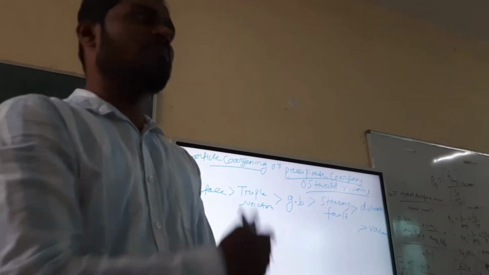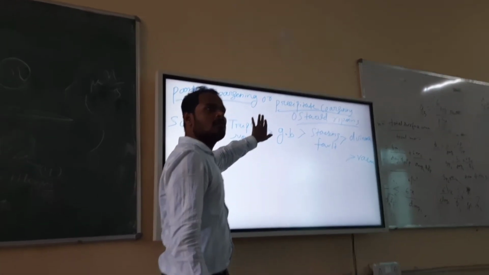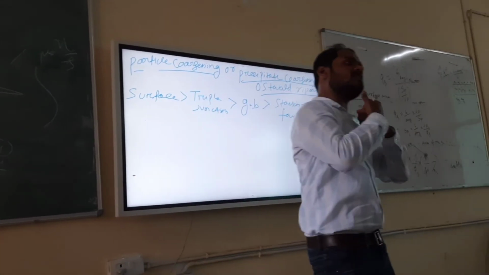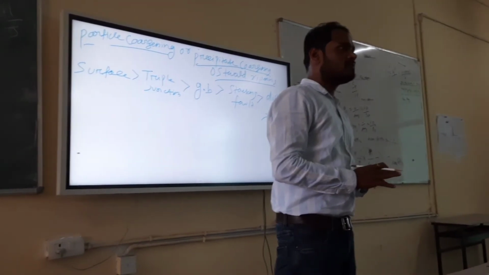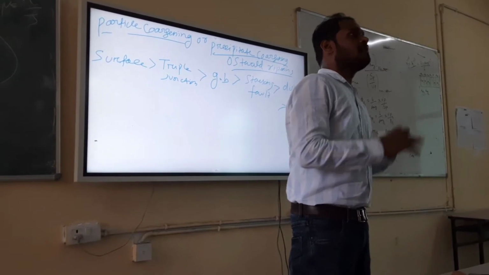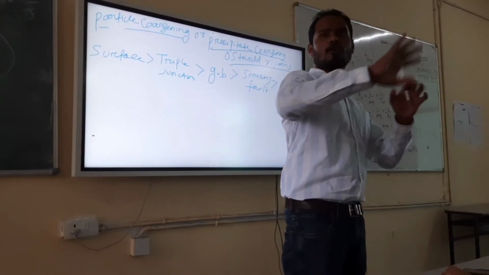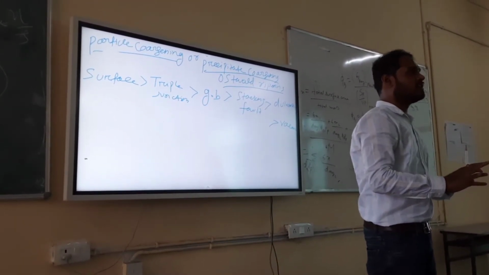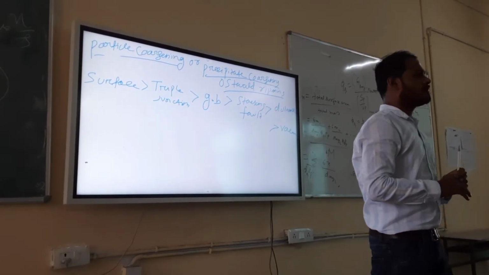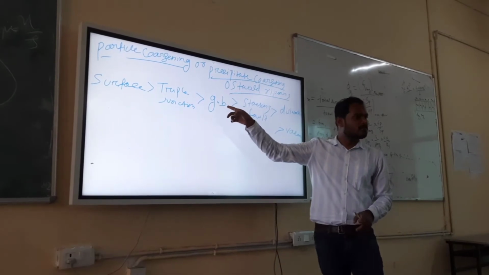So I want to answer your question. It simply means precipitation will start, suppose, from here. Most of the triple junctions are covered with precipitate now, right? That is called site saturation. That means all the triple junctions are fully covered with precipitate. Not a single triple junction is now free. Suppose a new precipitate wants to form. Where will it form? You will choose the grain boundary now.